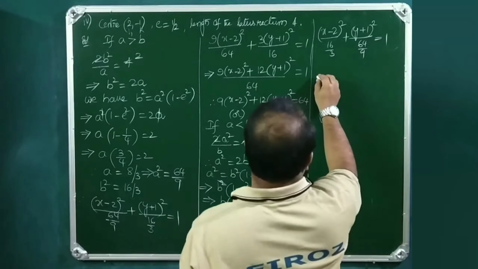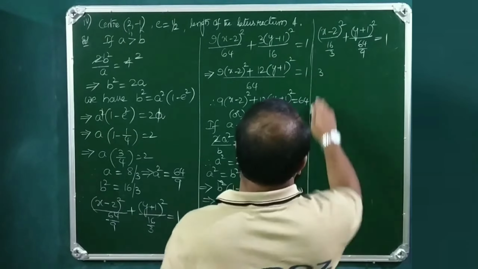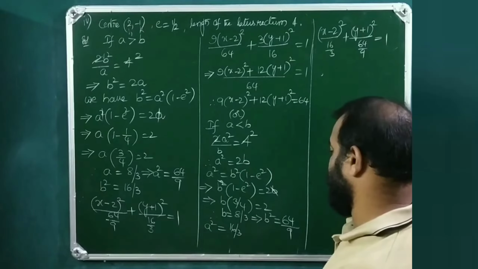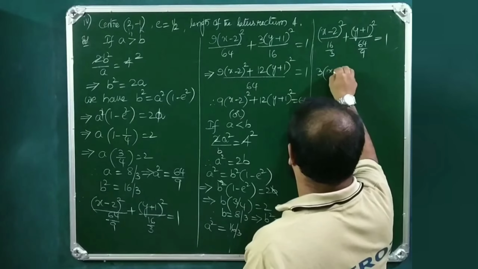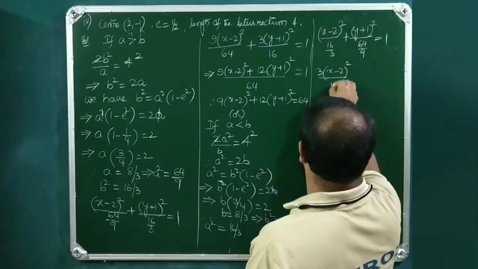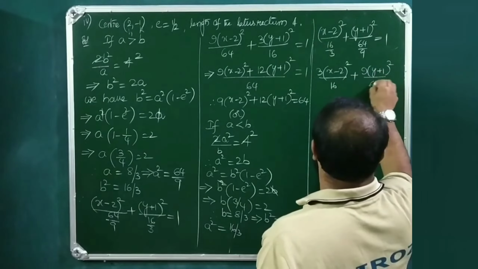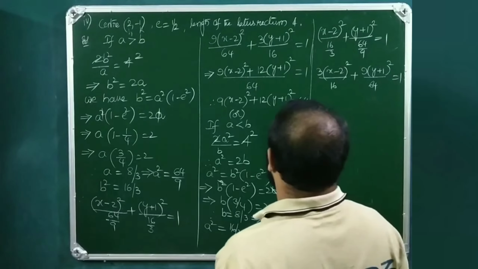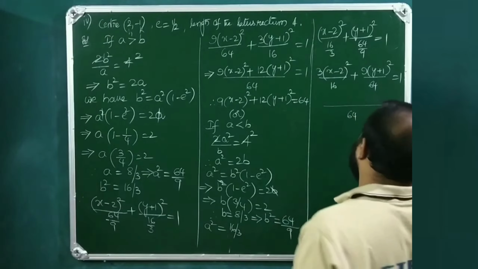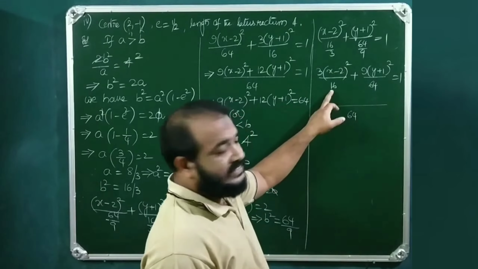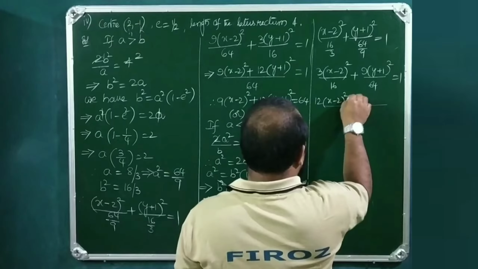Therefore, we will get 3 into (x minus 2) whole square by 16 plus 9 into (y plus 1) whole square by 64 equals 1. 64 is the LCM. So 64 by 16 is 4. 4 3s are 12 into (x minus 2) whole square plus